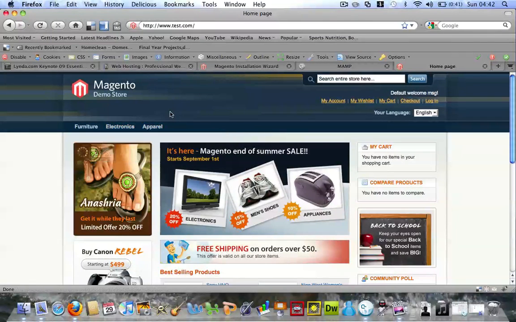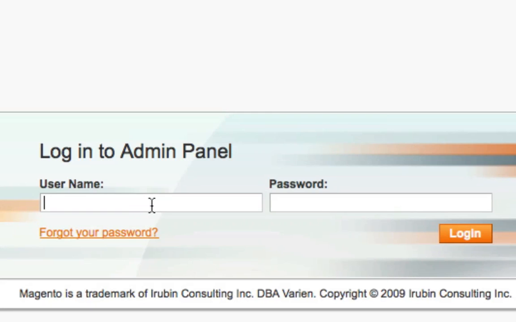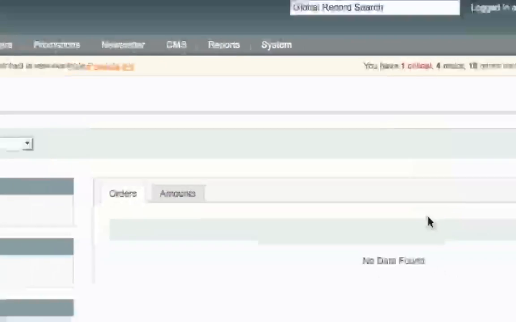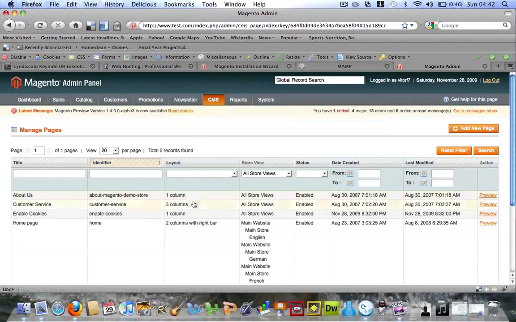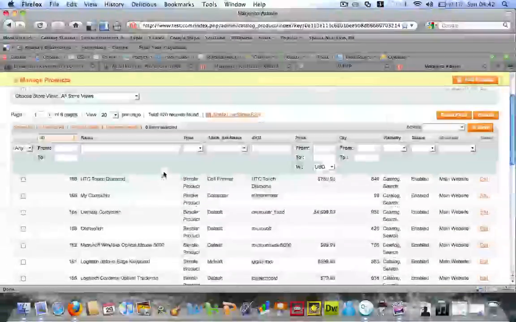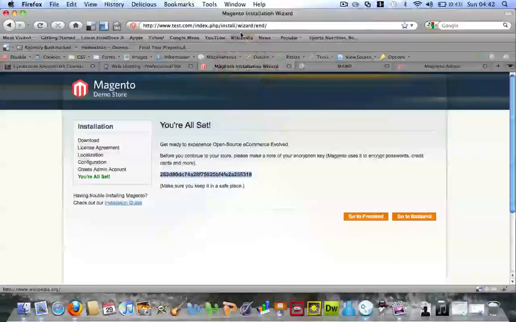It's working. Now, what you're going to do is if you add the word admin to the front, it'll take you to the admin panel. So VitorF7, and then we put VitorF7tests, or whatever your password is. This is just for the testing, and it takes you to your backend, which you can manage your pages that you have. You can manage your customers, your catalog, you can manage all the products that it has. So this is your backend,